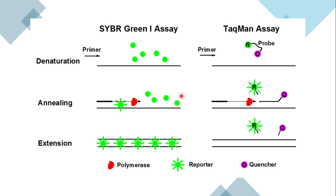The principle of both types of quantitative PCR assays is the same: after the annealing, the polymerase enzyme will begin its extension, right? And whenever it encounters a SYBR Green dye right here, it glows up and emits light that is captured by the light detectors that are already present inside the thermal cycler. But whenever we talk about the TaqMan assay, here comes a probe that is highly specific in its nature because it is an